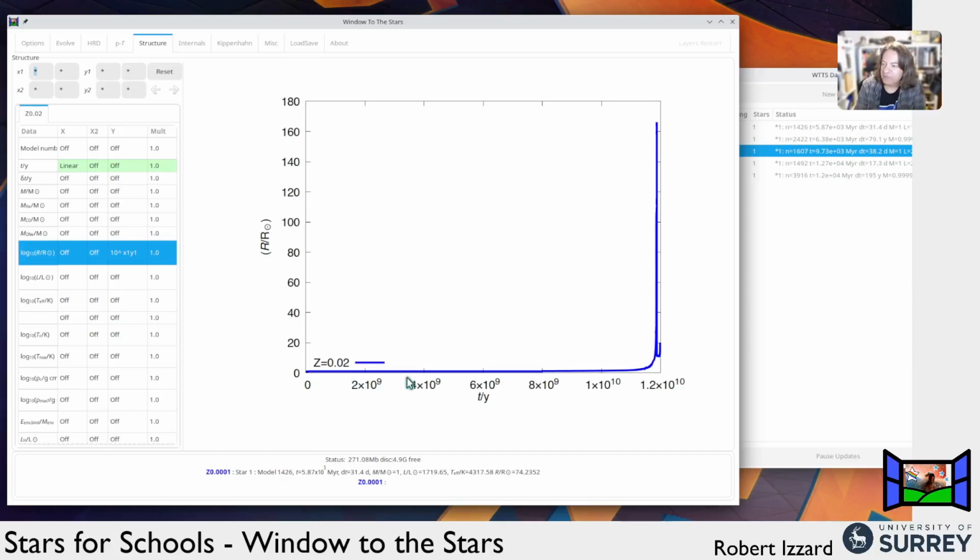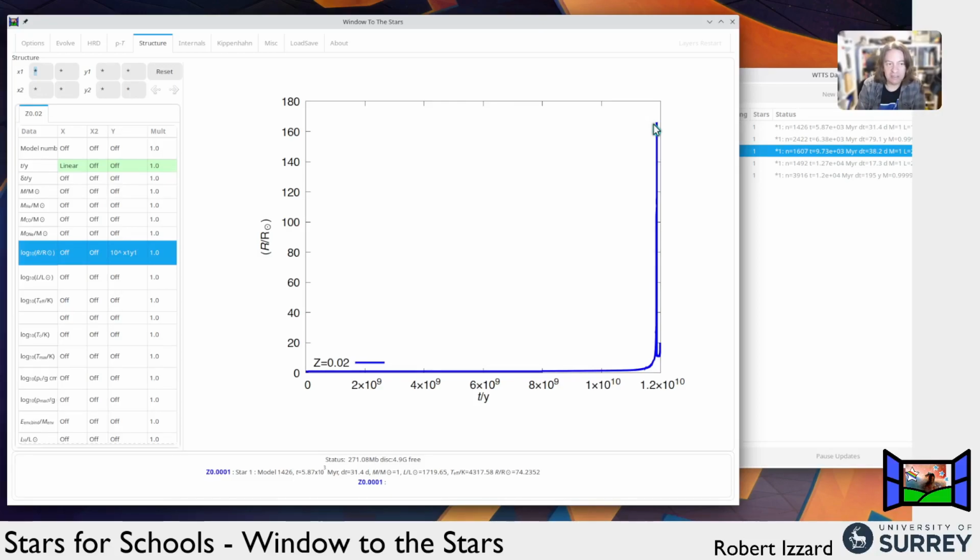Now, for most of the star's life, this is the hydrogen burning main sequence, nothing really happens. It sits around 1 solar radius, which is what it is now. However, when it runs out of hydrogen in the core and the hydrogen burning shell around the core becomes dominant, the star expands. And you see here it becomes nearly 160 times as big as it is now. Now, this is problematic for the Earth